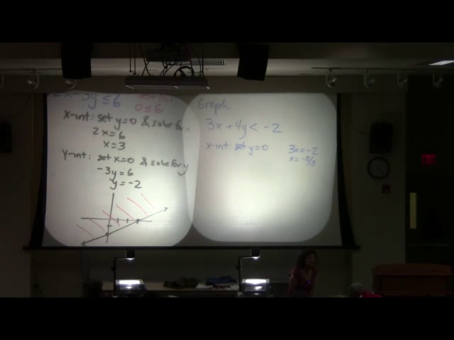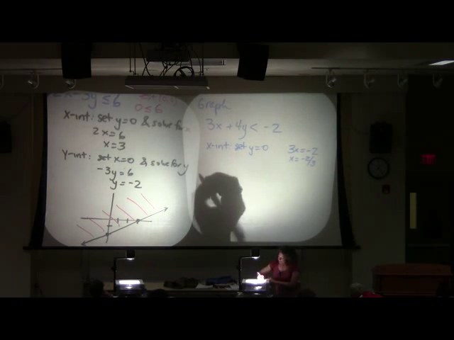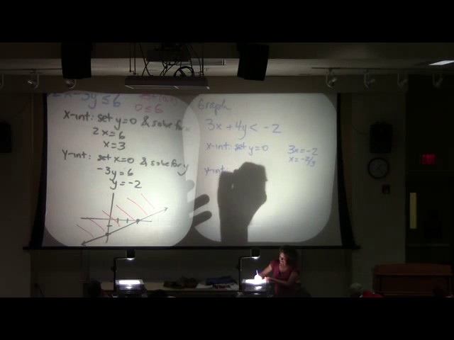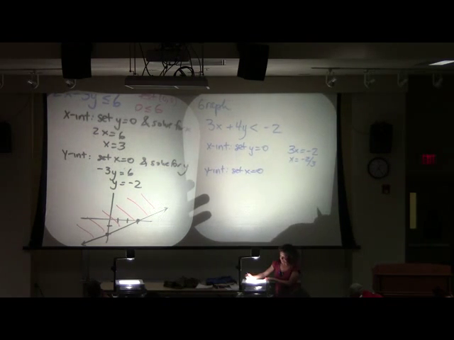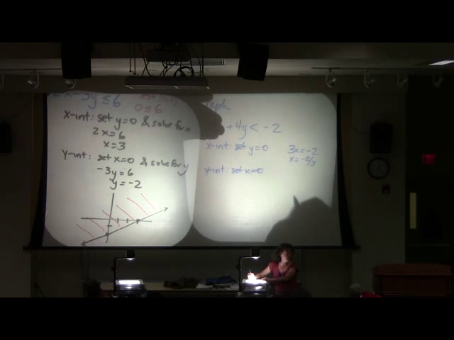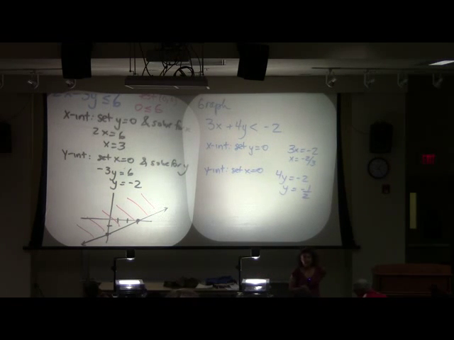Should you freak out because you got a fraction? No, it's all okay. All right, my y-intercept, what I do is I set x equal to 0. Do you all agree if I put in x equals 0, that nixes my first term? So aren't I solving for y is negative 2? So isn't y negative 1/2? If you leave it as negative 2/4, I don't care. I have to reduce my fraction. Because then I will freak out.